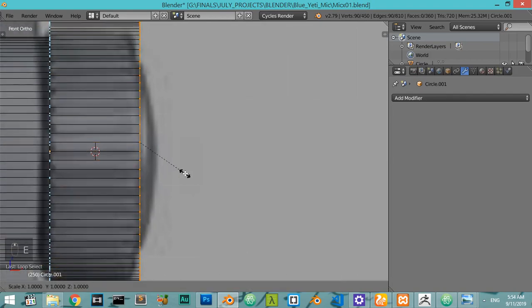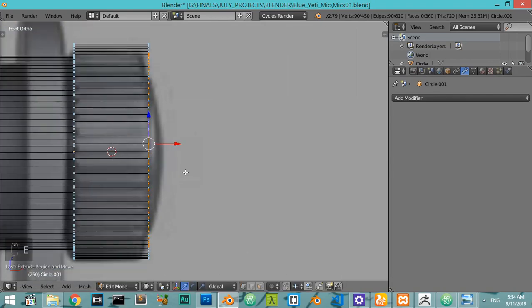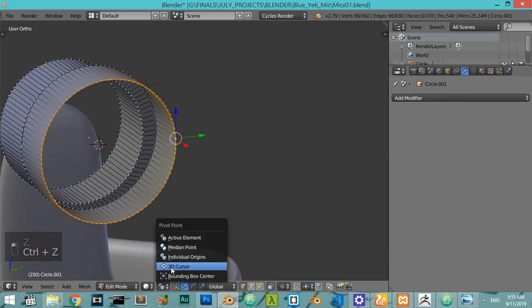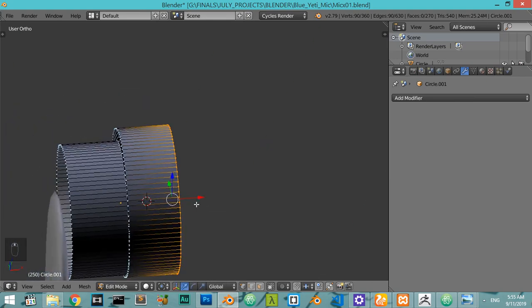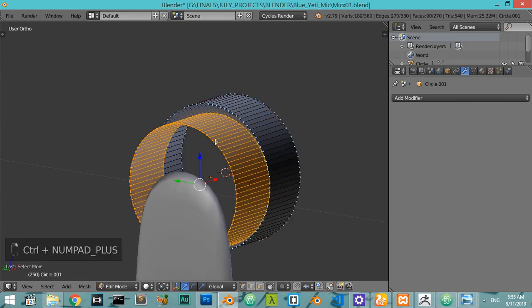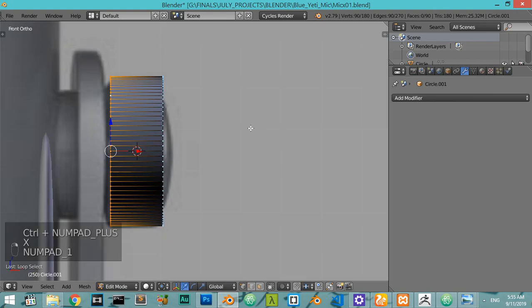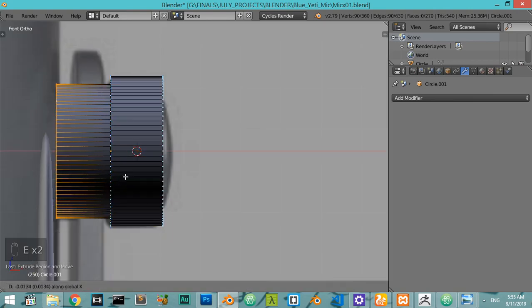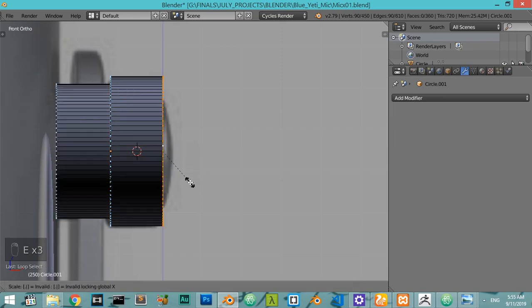So again extrude, scale shift X 0.9 and another time. We want to make it extrude, scale shift X and extrude in the x-axis. Extrude, scale shift X 0.9, extrude, scale shift X 0.9, shift R 2 times and shift R and extrude, scale shift X 0.5